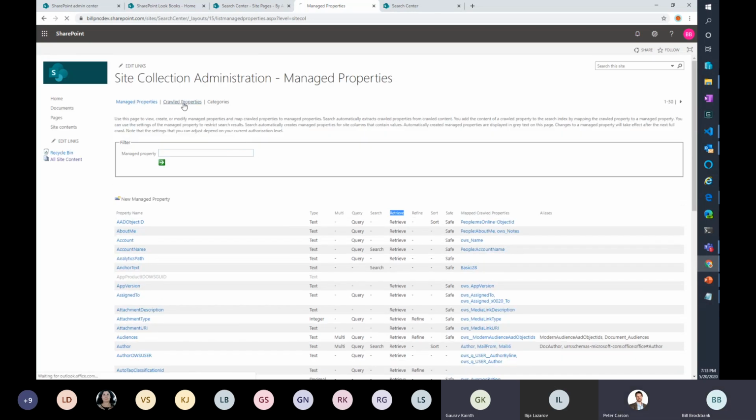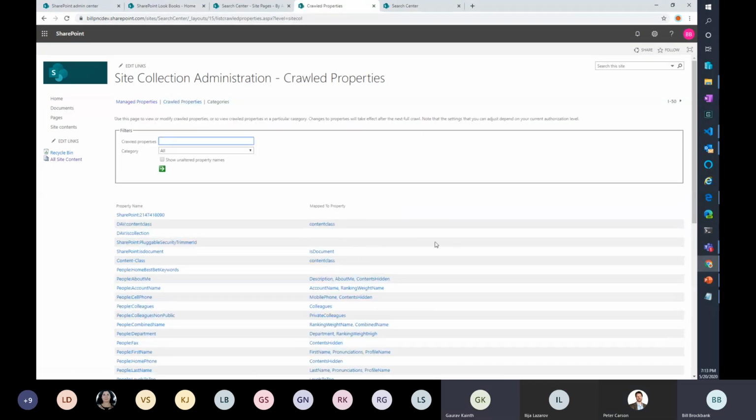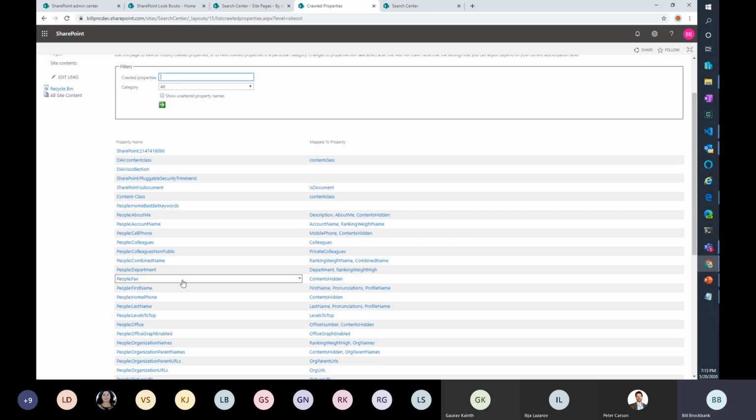There's a whole bunch. Now, the other side of it is the crawl properties. This is what the crawl process of search has picked up and created into the search corpus. But just because it's crawled, it doesn't mean it's exposed. So when you look at the list of properties that I've crawled, you'll see down the managed property map that a property can be mapped to more than one property on the property side of the search.